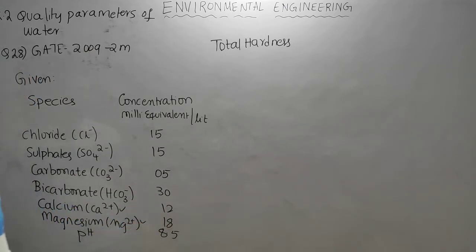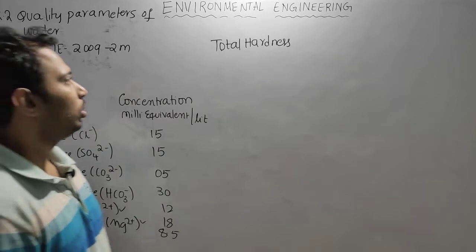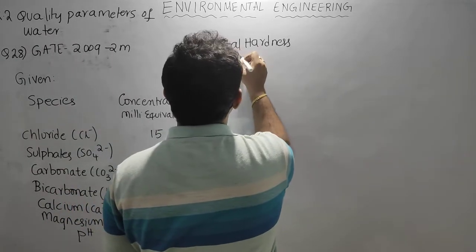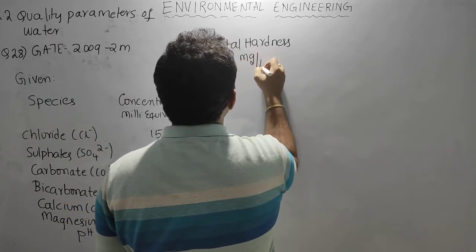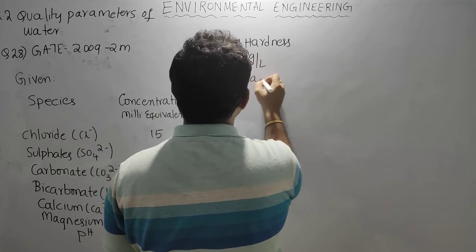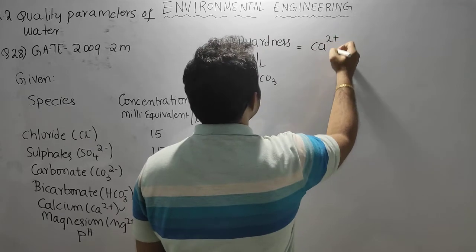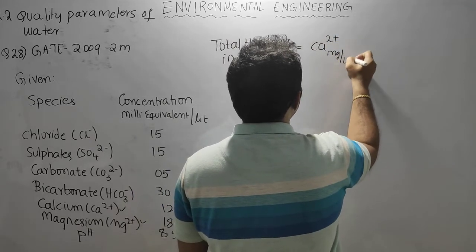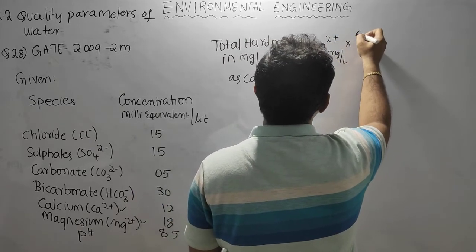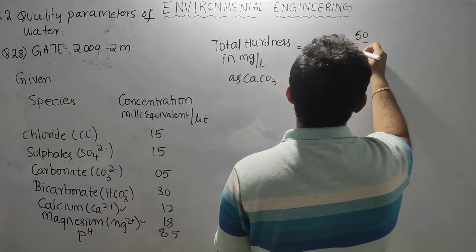These two are the multivalent metallic cations. So total hardness in mg per liter as CaCO3 is equal to Ca2 plus concentration in mg per liter into equivalent weight, that is 50 by 20,